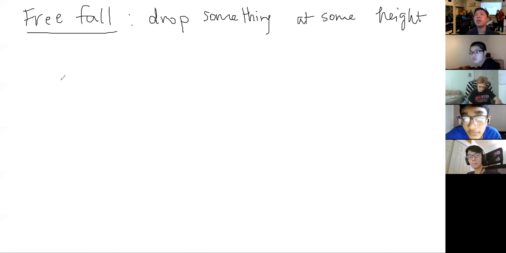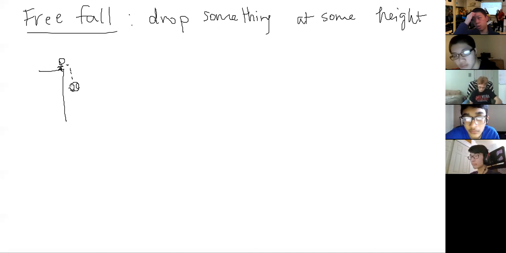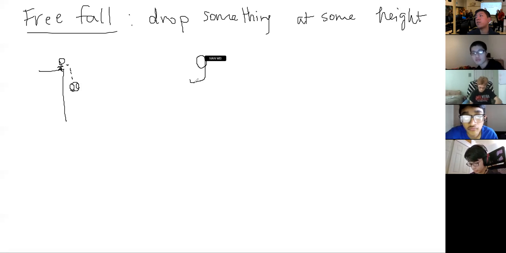So for example, let's just say that I am on the top of a cliff, and this is me, and then I drop a baseball off the cliff. Right, so what is causing the baseball to fall to the ground? Yeah, gravity, right? So it just so happens that on the surface of the Earth, gravity is always going to cause